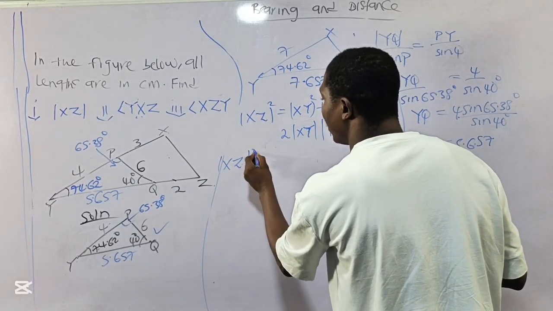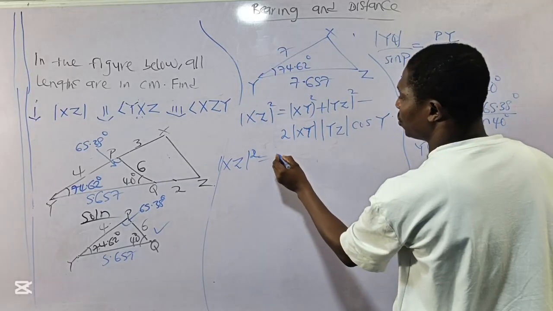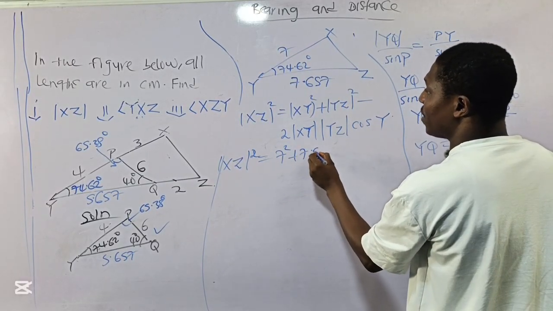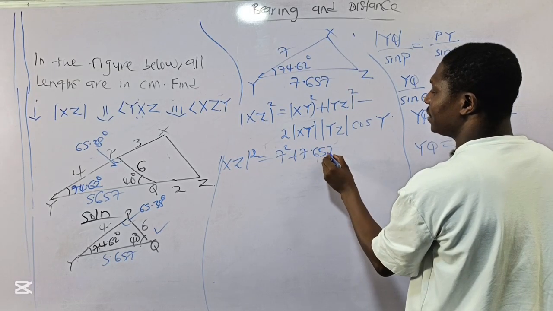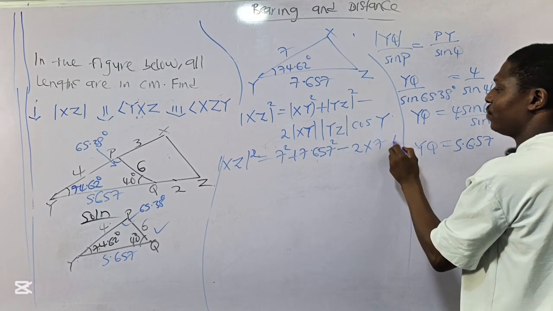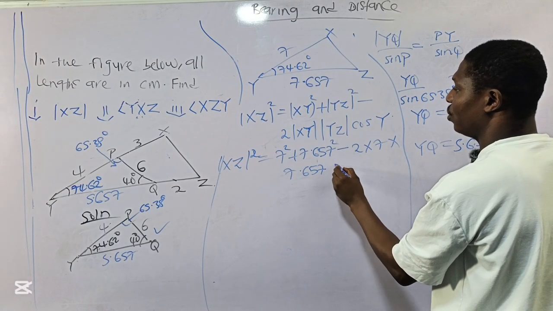SZ squared will be equal to my XY, which is 7, so I have 7 squared plus YZ, 7.657 squared, minus 2 times 7 times 7.657 cos